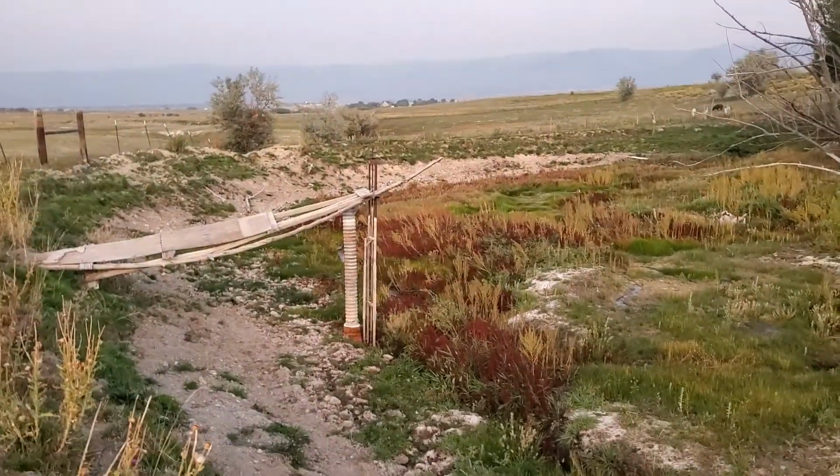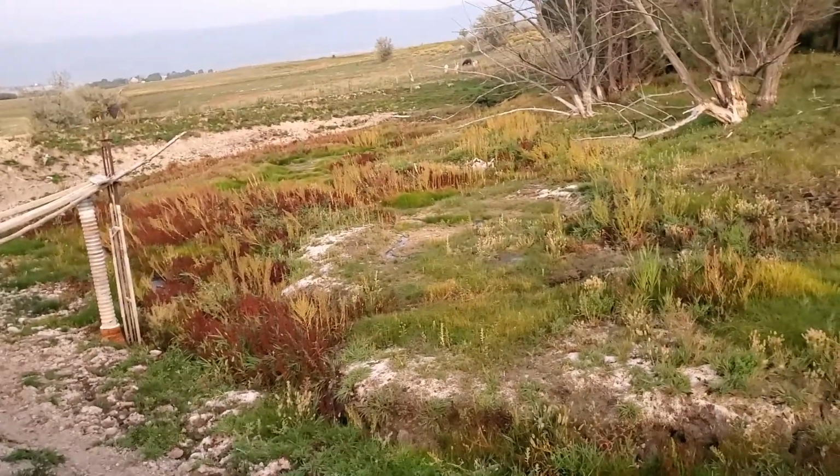Alright, so here we are in the fading light of an early autumn sun. We're just going to see what we need to do. I was out here in very frigid weather. There was ice on the pond, and I opened up the valve to drain the pond because we actually had a leak in the side of the dam, and it was pretty scary to take a nice little drink in the pond, which